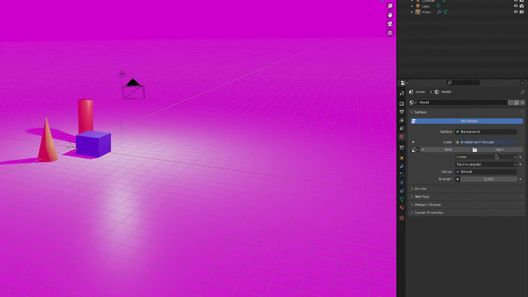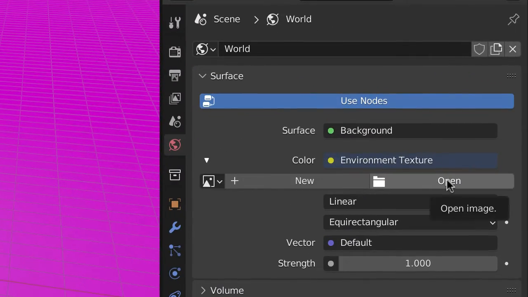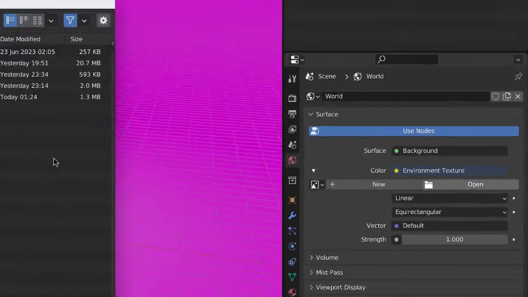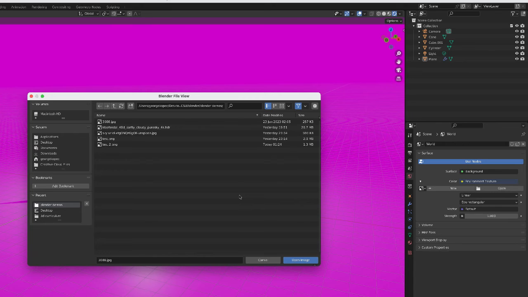and it turns purple, which is really freaky. Don't worry about that. We're going to add an image, so you'll click open and the navigator will open. Now for my students, I provide some high definition images, but you can search and download free HDR images online. But anyway, I saved my HDR file in a known location. So I'm going to select it, click Open Image,